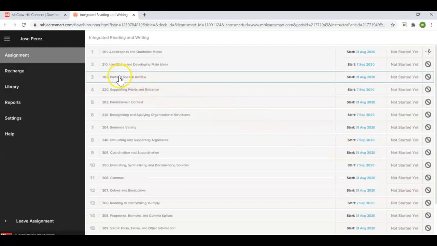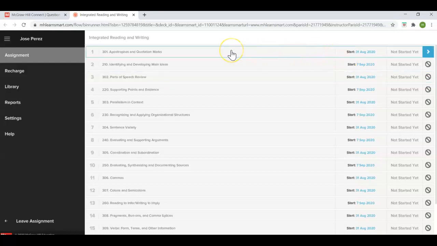I'm a little worried that this one is blocked too, parts of speech review. But notice it does say start is 31st of August 2020. You know what? They're all blocked. I am recording this video on August 30th. So all of those are blocked. Even the one that I'm looking at is blocked, but I'm the instructor, so I can go into an assignment that's blocked. But in your case, I think what will happen,